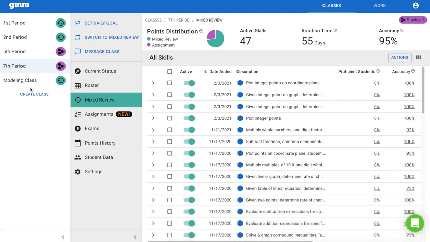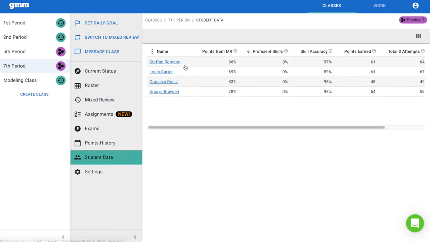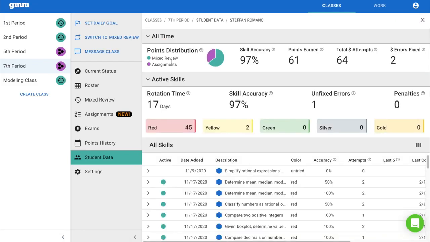By selecting your class on the left and mixed review in the gray column, you will see one of our top level metrics we report for each class is rotation time. But let's see how that's calculated. If you select student data from the gray column, then click on a specific student, we report their actual rotation